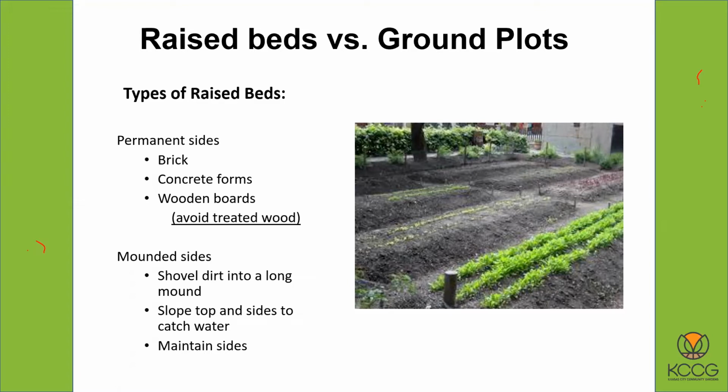You also want to slope the top and sides to catch water. That's one of the most important things. You don't want it to be shaped convex. You want it to be concave so that it will act like a little basin on top and catch the water. The other thing is you will have to maintain the sides. One of the best ways to do that is to put mulch on the side of the bed so that the rain won't wash away the soil on the side. So those are some different ways